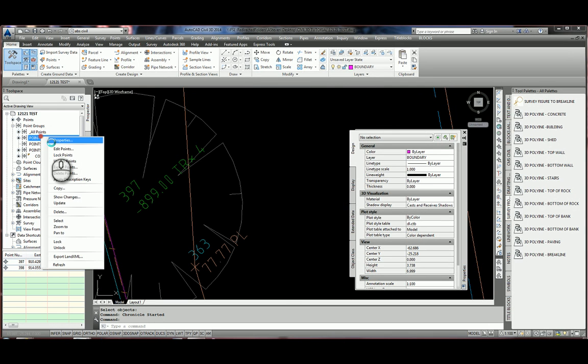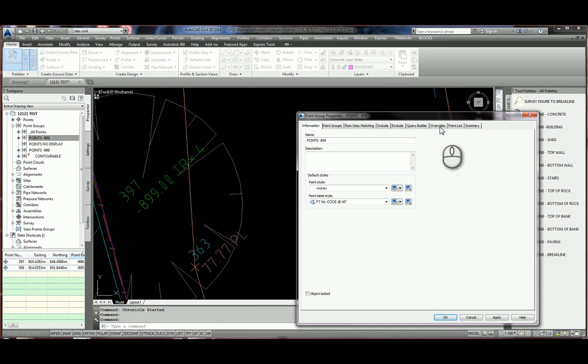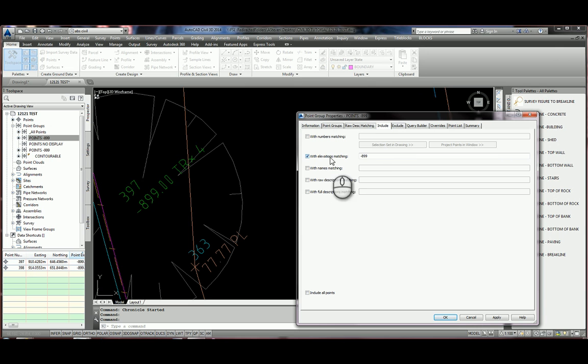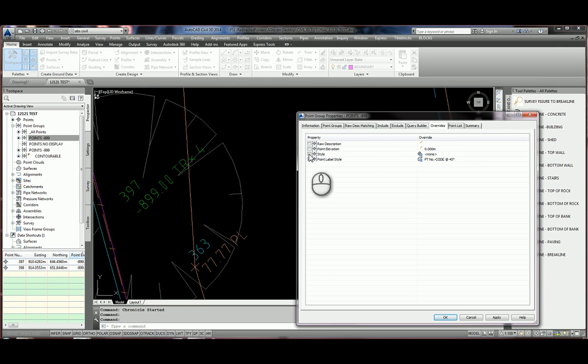If we have a look at the -899s, it's including any elevations matching -899. It will then have an override, so it won't show a style, but it will only show the point number and code at 45 degrees. That means it's a relevant point, but we don't want to show the cross. So once that's done,